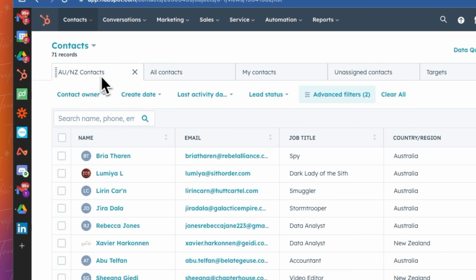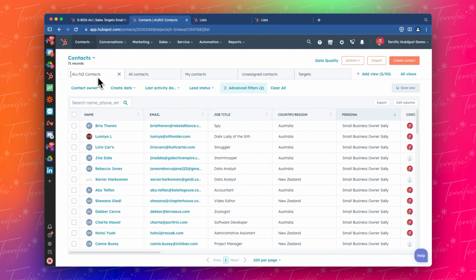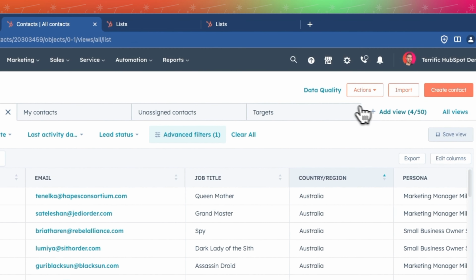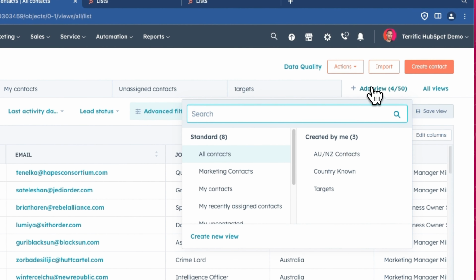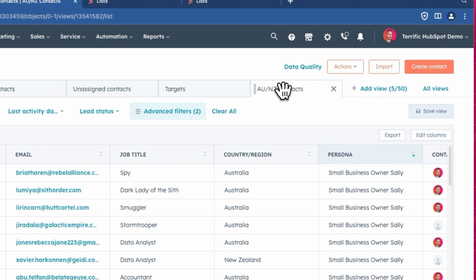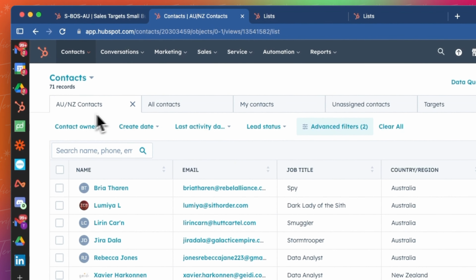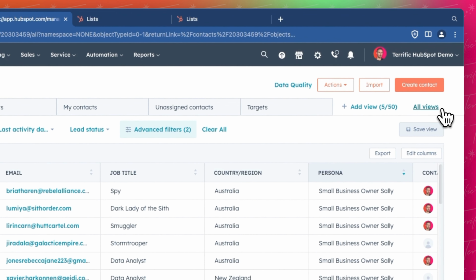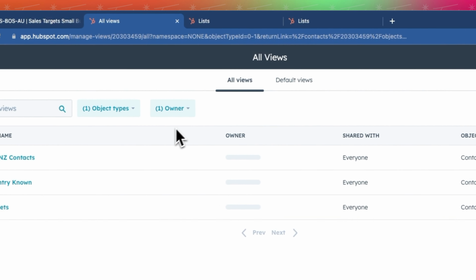But if we want to just look at the ones we're most interested in, we can just go to that view, like so. And if we wanted to look at all the different views we've set up, let's say we accidentally close this and we do want to get it back, we can type it in here and it would show like this. We can see created by me, and then we can see that view appear here now. We can drag that over. Let's say we want to rename that to ANZ contacts. We can go to all views, we find the view,